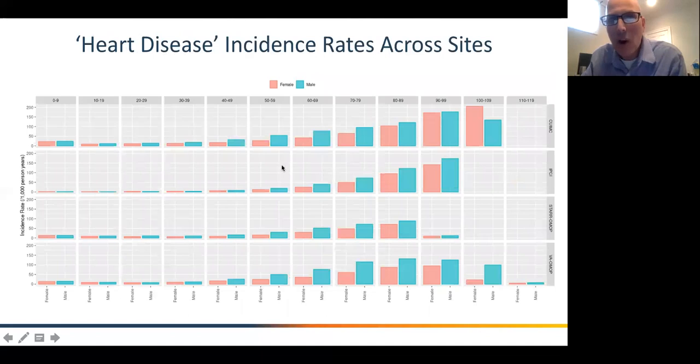I noticed that heart disease has a similar balance and increase over time that's actually pretty consistent. And while some centers may have 100-year-old patients or 110-year-old patients, they're pretty rare. But when I look across the cohort, I see that there's consistency in that. And that gives me some reassurance that my definition of heart disease or my definition of asthma, whether it's right or wrong, is probably generating a similar group of people across these different sites,